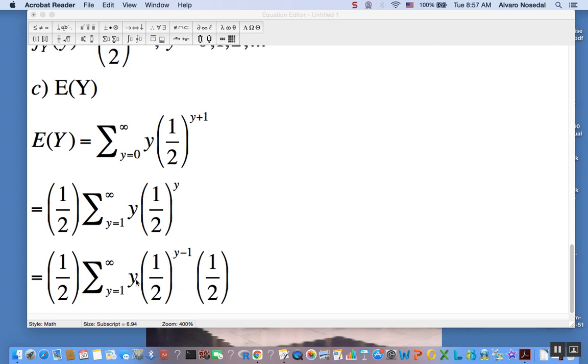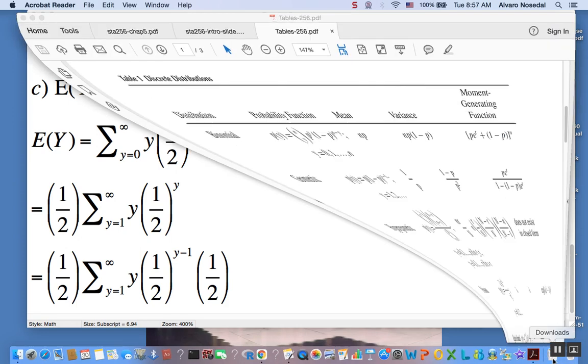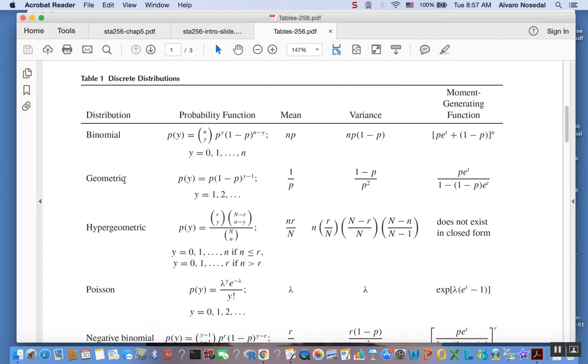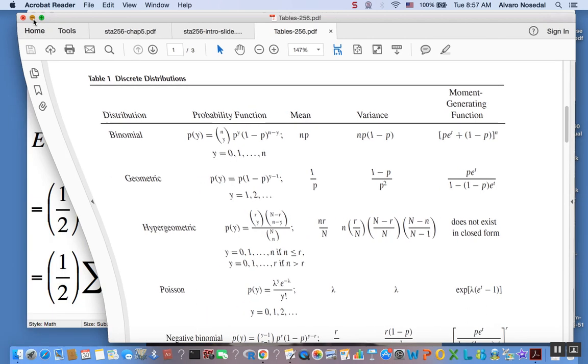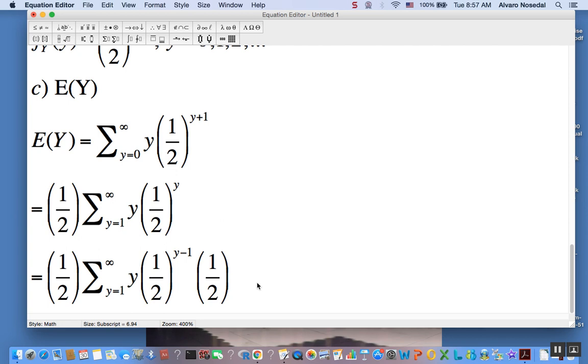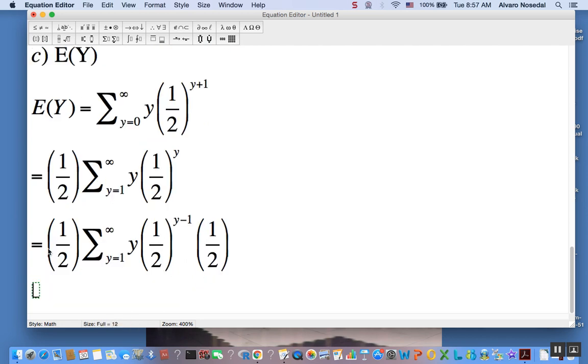That's the expected value of a geometric, right? And using that table, the expected value for a geometric is 1 over its parameter p. So this last expression here